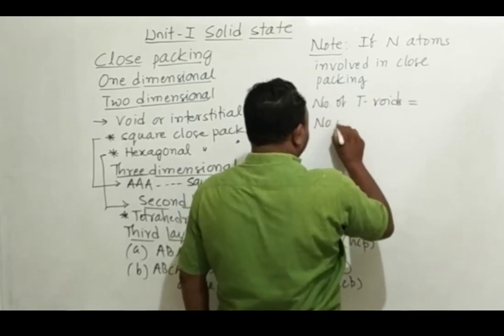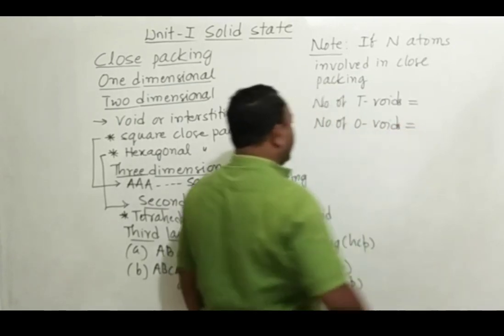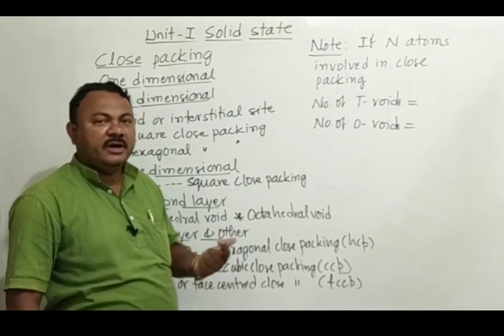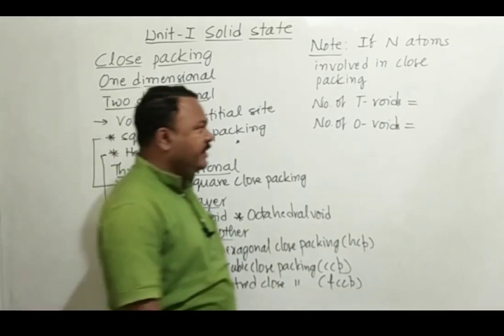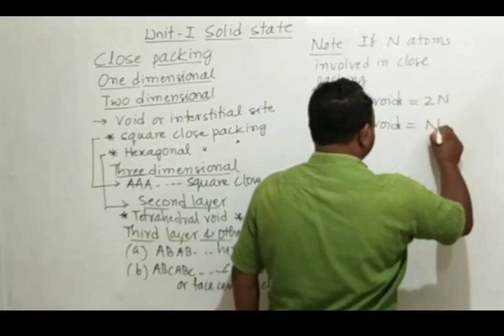Number of tetrahedral voids and number of octahedral voids. I have written T for tetrahedral void and O for octahedral void. So these are not the standard short forms. We are writing for our convenience. If n is the number of atoms involved in close packing, remember we get 2n tetrahedral voids and n